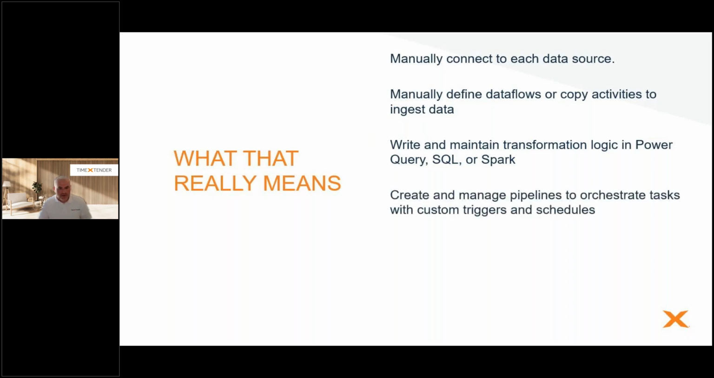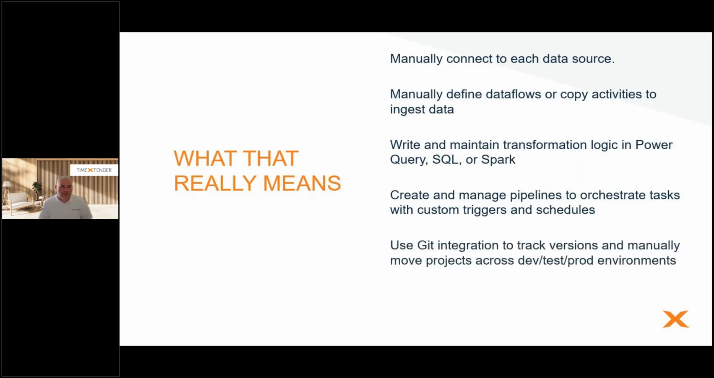So yes, technically a customer can build an end-to-end data workflow in Fabric, but here's what that process actually looks like in practice. You'd need to manually connect to each data source. You need to manually define the data flows or the copy activities to be able to ingest the data. You'll need to write and maintain transformation logic in either Power Query, SQL, or Spark. You'll need to create and manage pipelines to orchestrate the tasks with custom triggers and schedules. You'll need to set up and use Git integration to track versions, because documentation and change tracking are not automated in Fabric, and also use Git to manually move projects between development, test, and production environments, or use Git-based workflows,